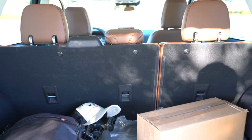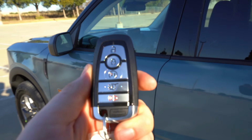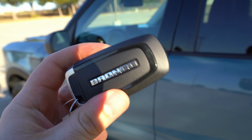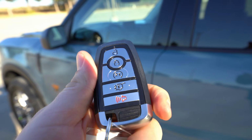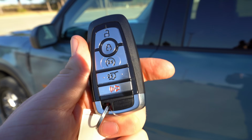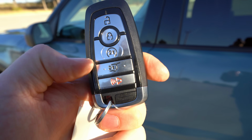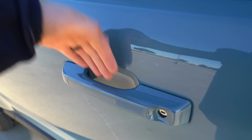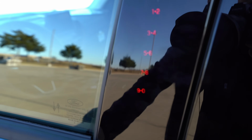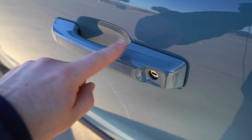I wish that they would do that for longer items, but still very spacious cargo area. So this Bronco Sport key fob is just like other Ford key fobs, except it says Bronco on the back. So you've got the intelligent key access on every trim except the base, and we even have remote start optional with our Badlands package. The way it works is to unlock it, you've got a touch sensor or just a sensor in the back, and you even have the keyless touchpad on the door, and then to lock it, just